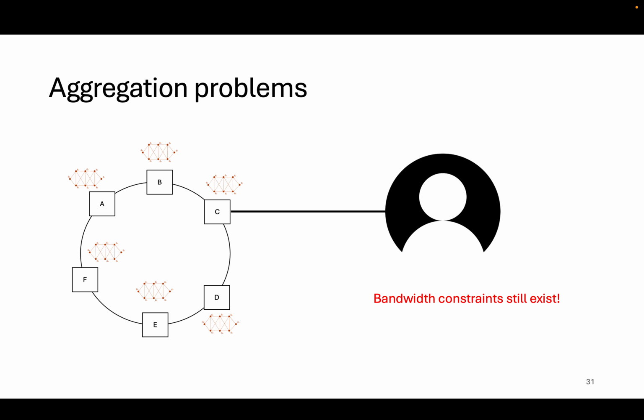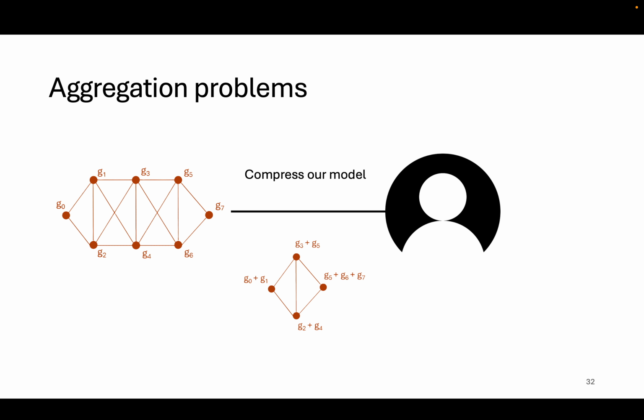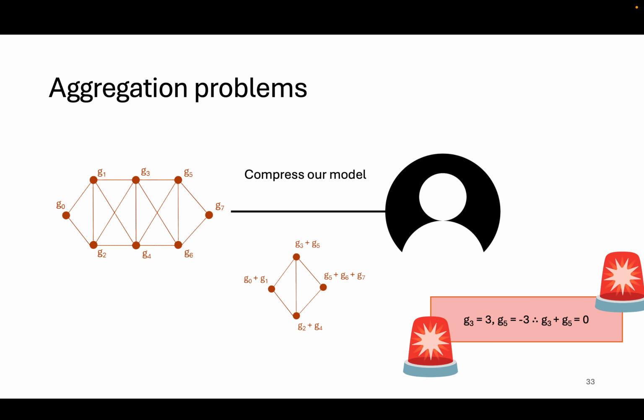So what we ended up with as an answer to this question was aggregation problems. We might have a setting where a training occurs, and then that training needs to be communicated to a client, but that communication is still constrained by bandwidth. So the same problem that Alice and Bob had between each other, we are going to have with an external user that wants to learn what the model is, even after it's been fully trained. In order to send that information, one of the things that can be done is compressing the model down to some sort of sketch. But compressing it down can lead to losses of information.